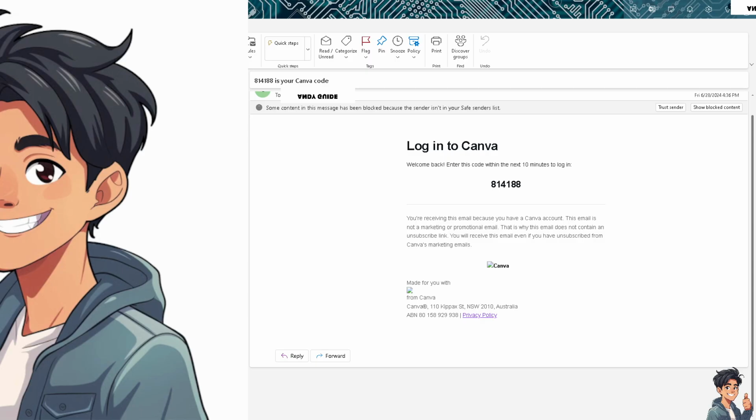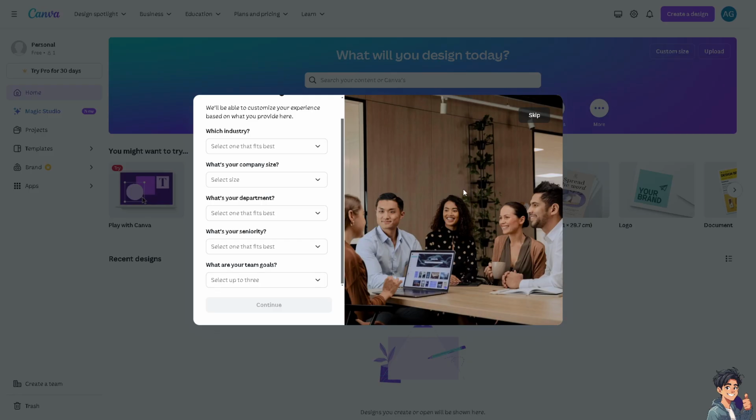Now, once you have signed up, you should receive a code so that you can successfully create your first account here on Canva. After that, you need to put this code in your account, and then you will be sent to this specific page wherein it will ask you what industry you are in, company size, department, seniority, and your team goals. If you want to skip that,